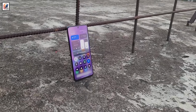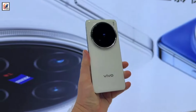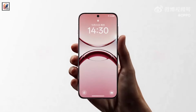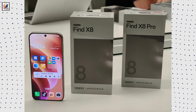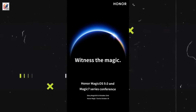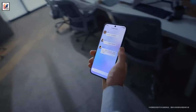This October is a very busy month for smartphone brands in China. Vivo has just launched the Vivo X200 series of smartphones powered by the Dimensity 9400 chipset. On October 24th, Oppo will unveil the Find X8 and Find X8 Pro smartphones. The Honor Magic 7 series is all set to break cover on October 30th. The Xiaomi 15 series, the OnePlus 13, and iQOO 13 are also expected to launch in the last week of